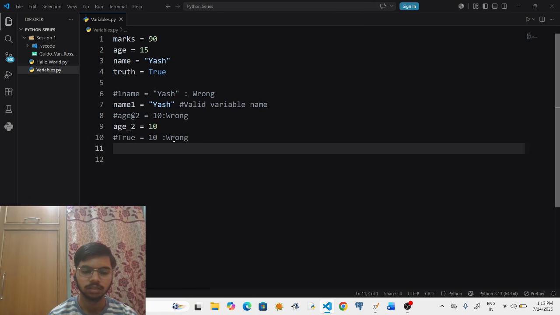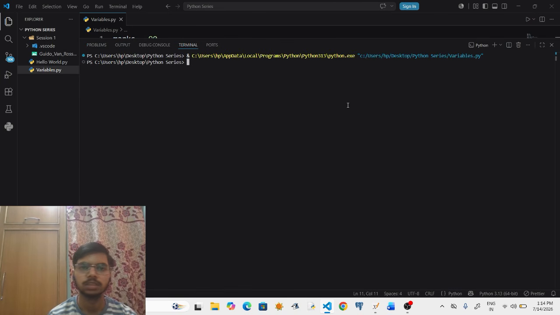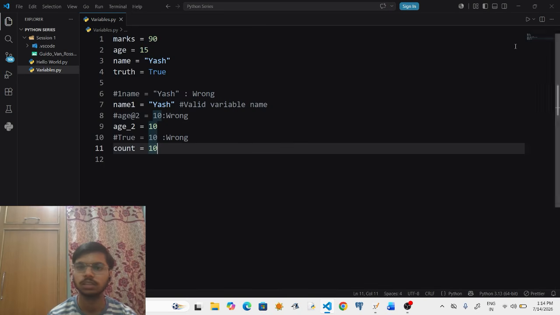Let us say count is equals to 10. Now, count is not a keyword in Python, so this will not give any error. See, it did not give any error. So this is a valid variable name.